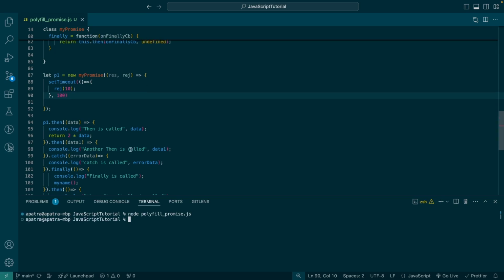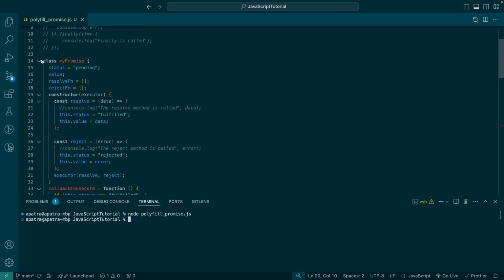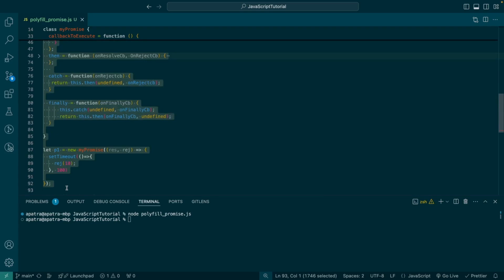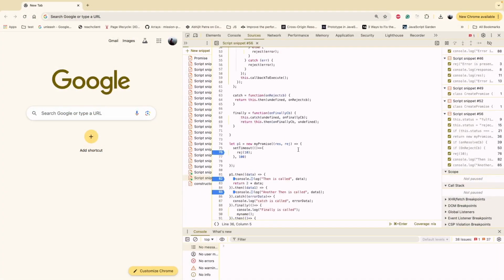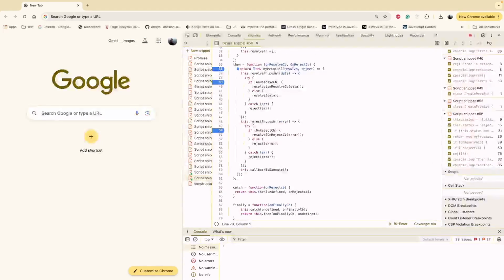It is not giving anything. We can do some debugging so that we can understand why it's not giving anything. So in here, what happens if I try to execute with the setTimeout? That means after 100 milliseconds, this will be called, right? So before that, what happened? If you call this then method, then we are registering all those things in this resolve function or in the